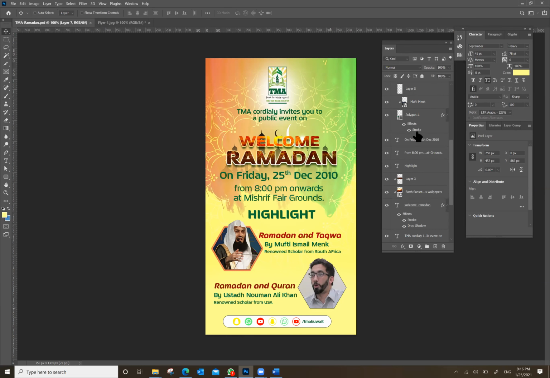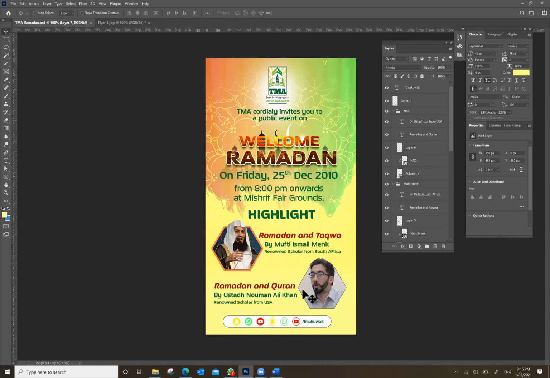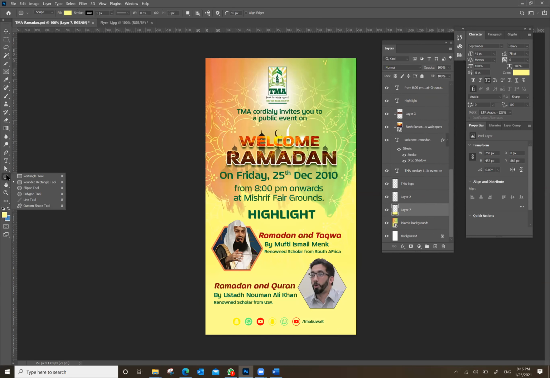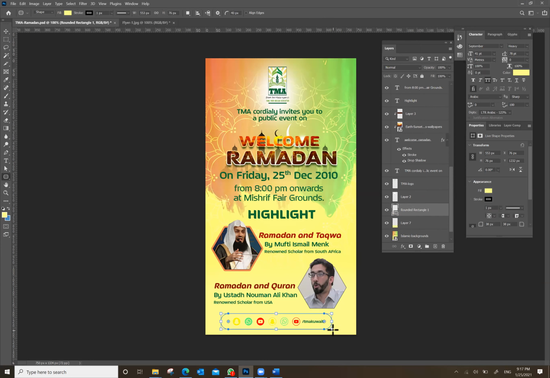In order to highlight the social media icons, what I did is I drew one more polygon. See, let me remove this. See, earlier it was like this, right? So why did I draw a polygon box? Because these yellow icons don't look visible, since both are yellow. So to avoid that, it is just a suggestion: you go to a rectangular polygon and draw a box here, so that those icons are visible.